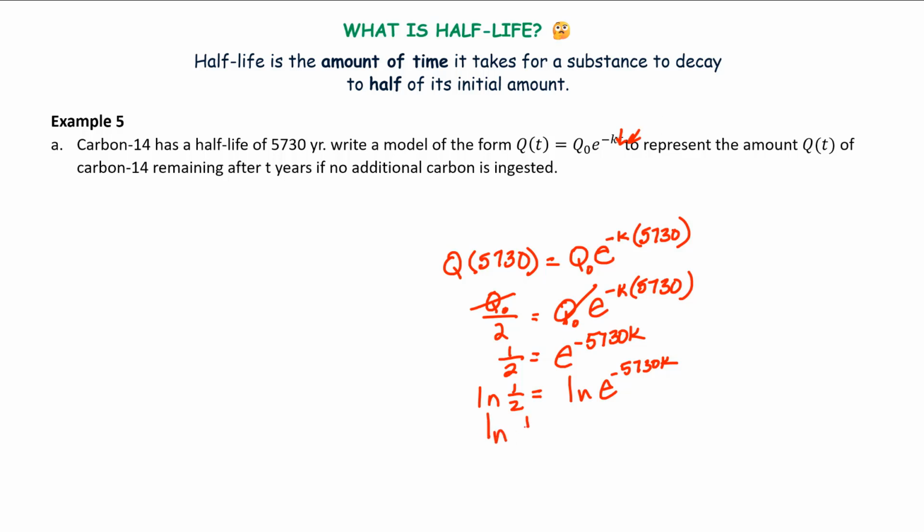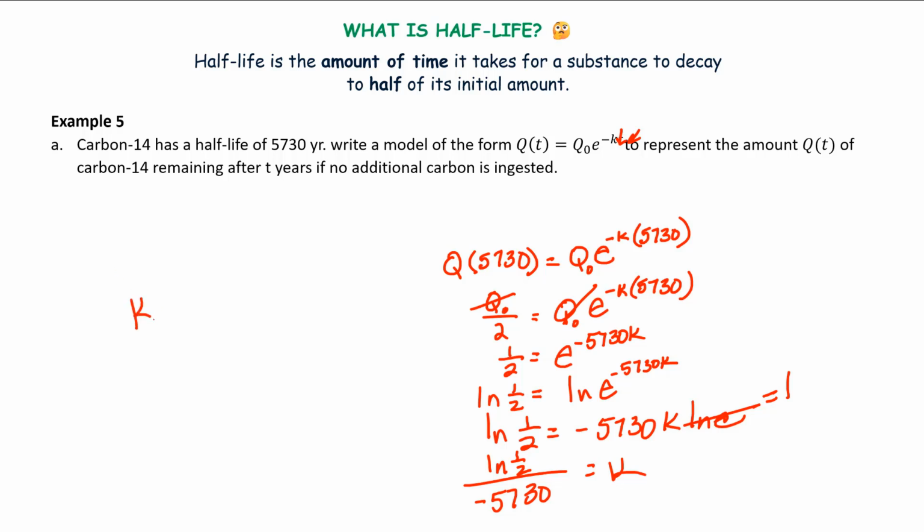So natural log of 1/2 is equal to negative 5,730k natural log of e. And I know that the natural log of e is equal to 1, and 1 times negative 5,730k is negative 5,730k. So I can cross that natural log out and then divide by negative 5,730 to find k. And k is going to be about negative